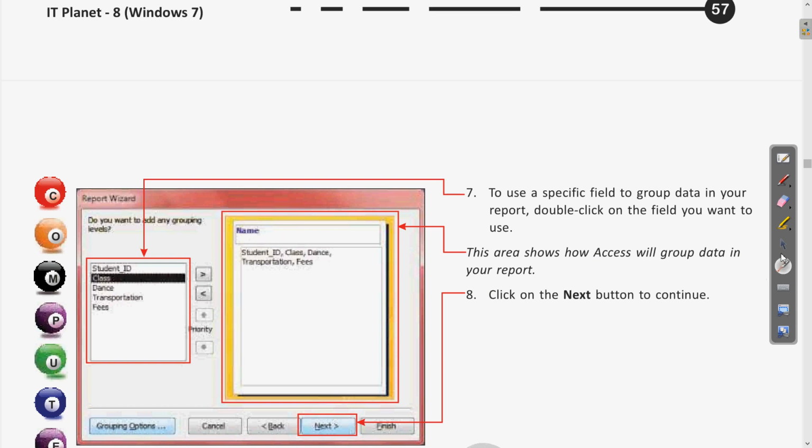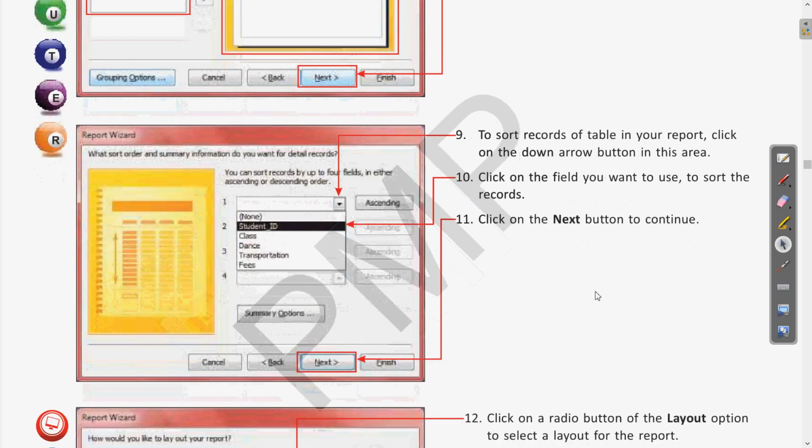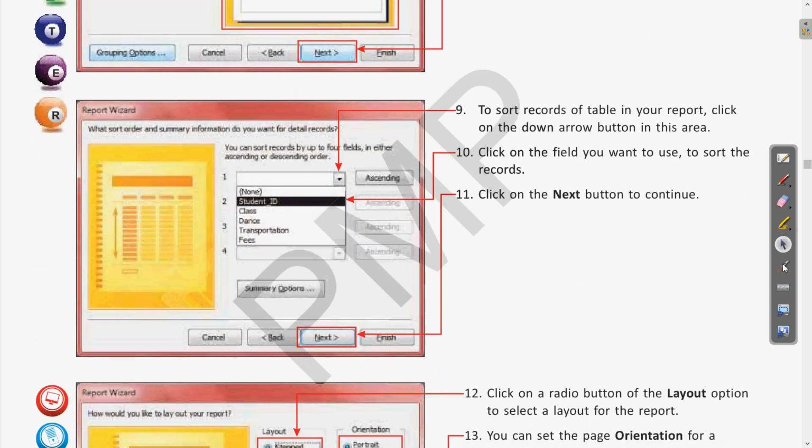Then we click next and we come to a new dialog box in the same report wizard. Here we have the option to sort our report. Whatever field we choose as a sort key, the sorting will be done on that particular field. Here we have the ascending or descending sequence, so we can choose from here.